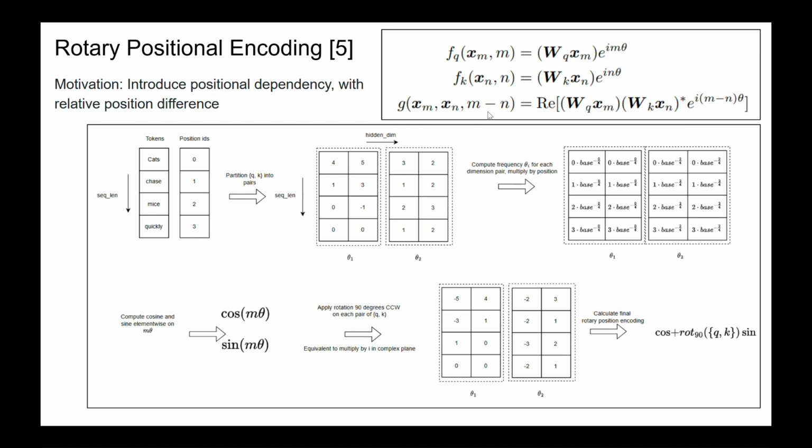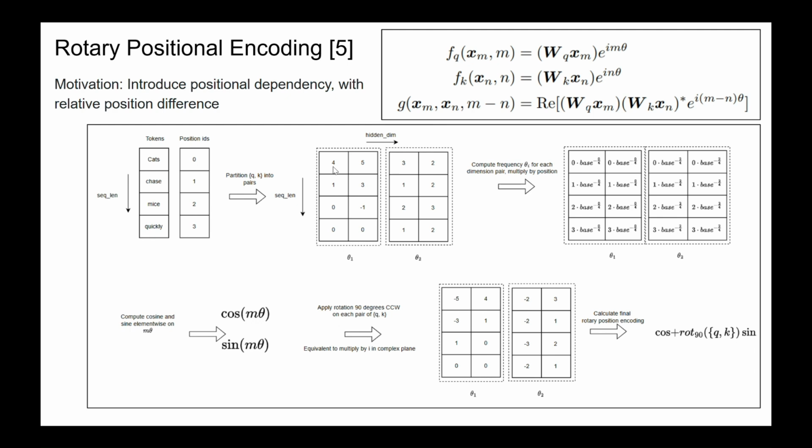Okay, so suppose that we have a sentence here like "cats chase mice quickly." For each of the words, we are going to have a position ID. And then again, for each of the words, we are going to have the embeddings or the vector representation representing that word. Okay, so we're going to divide this embedding into dimension pairs. So for example,